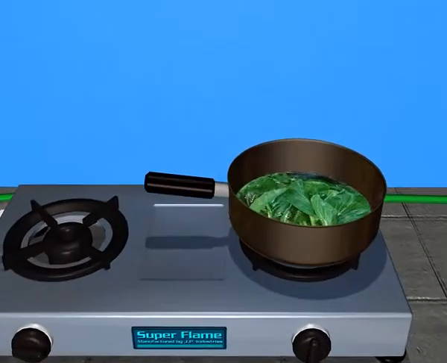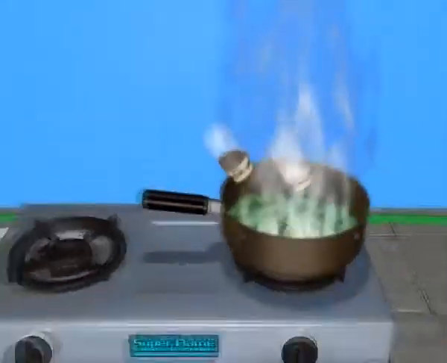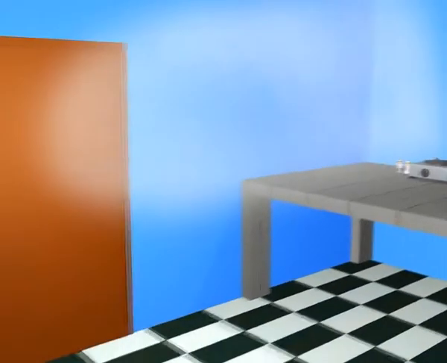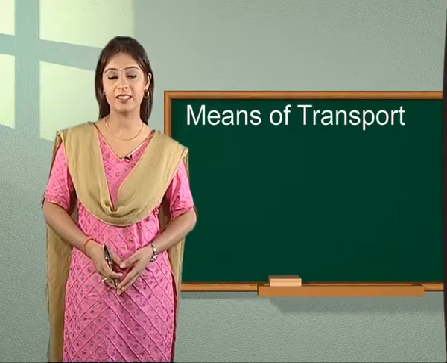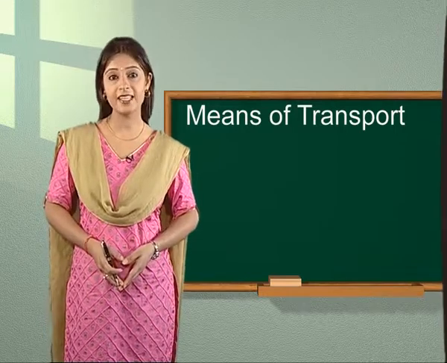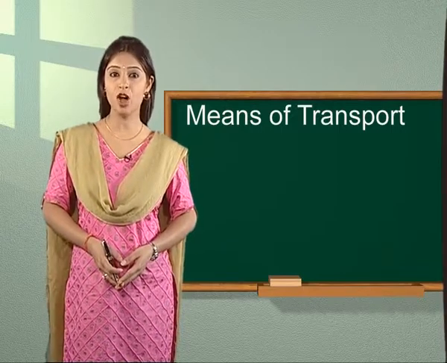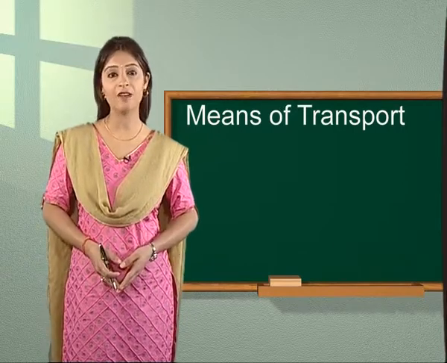Similarly, you must have observed in your home that the odor of food cooked in the kitchen diffuses throughout the kitchen. If you open the kitchen door, it will spread into the next room. Diffusion occurs in fluids, that is, gases and liquids. It is more rapid in gases than liquids. In biology, the most common example of diffusion is gas exchange in human lungs at the level of alveoli.